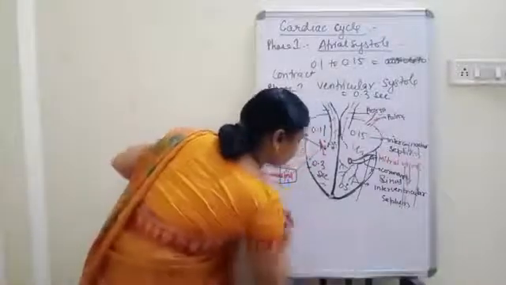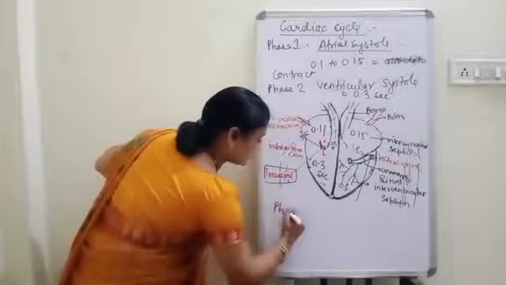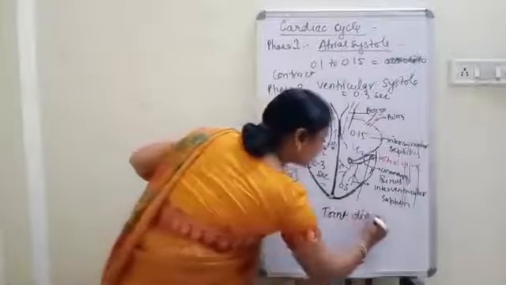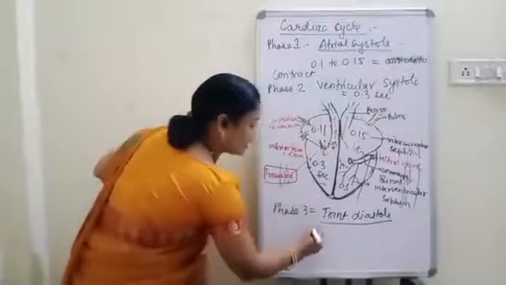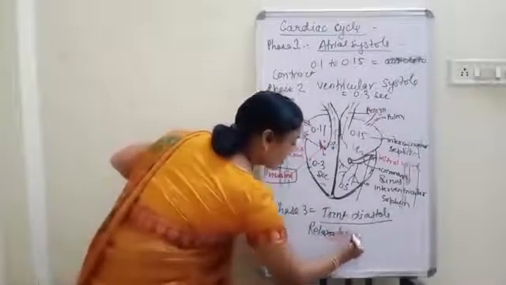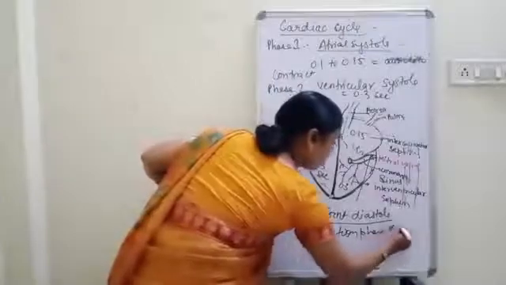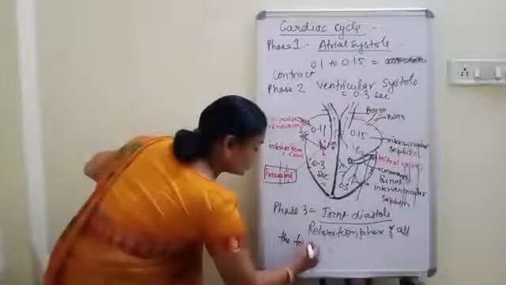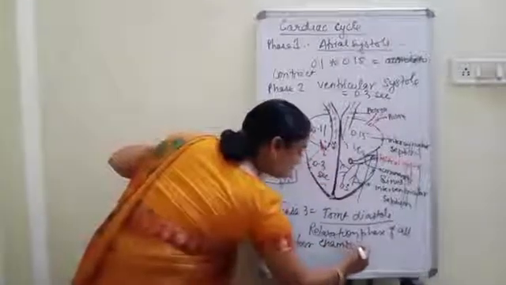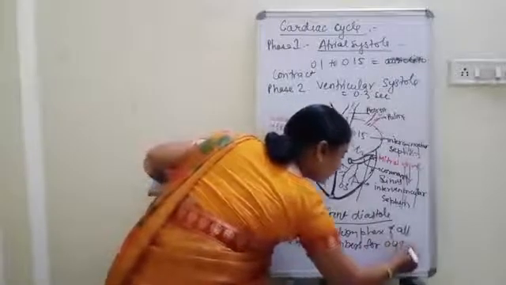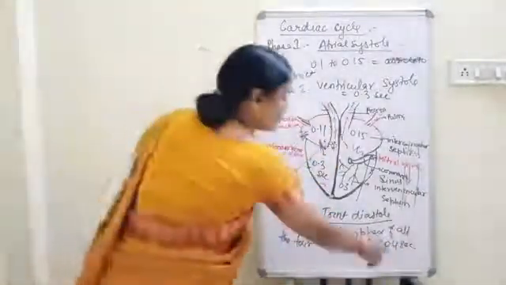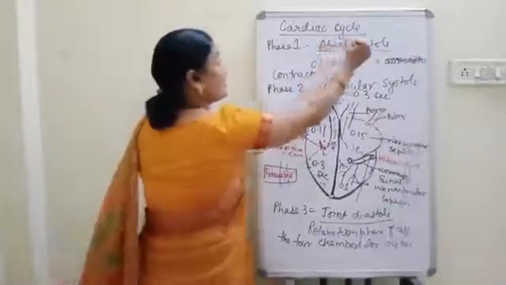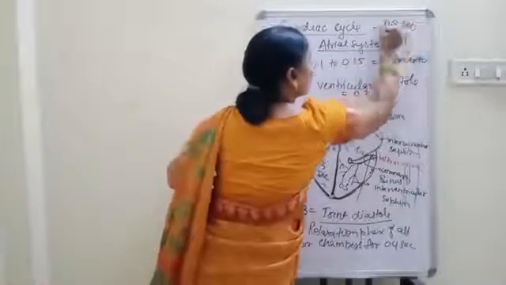Okay, I am erasing this valve, and this is called phase number 3, that is joint diastole, and it will take the relaxation phase of all the 4 chambers. It's best to write all the 4 chambers, okay, for 0.4 second. Now 0.4 second, 0.3 second, 0.1 second, altogether 0.8 second, and that's why the cardiac cycle takes 0.8 second to